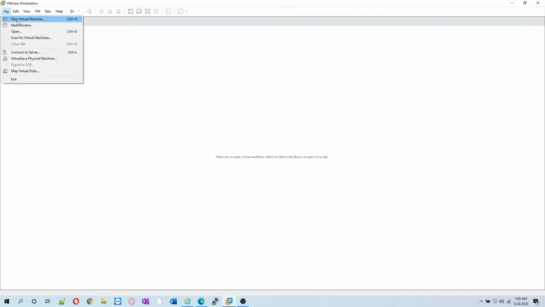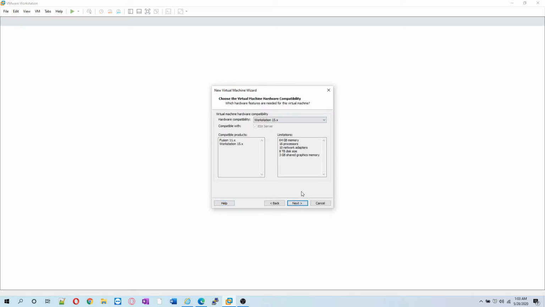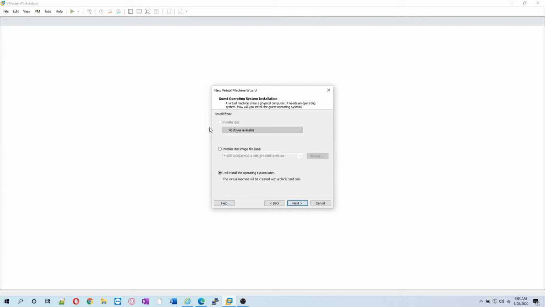File, new virtual machine, and we will select custom. We can select typical. Here I will tell you there is a bug in this version of Workstation. If you select custom and select next, I will use all the latest options. If I select installer disk image and give it the CentOS 8 ISO, it will automatically detect it as a version 5. And if you select next and start creating your VM, at the end when you boot your VM, it will not load the setup files. It will fail in between, and you have to redo all the work over and over again.